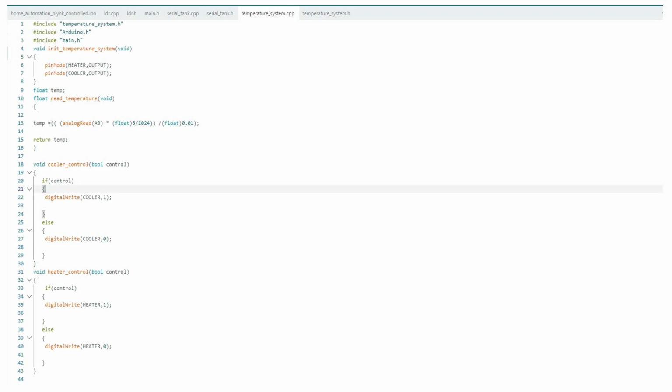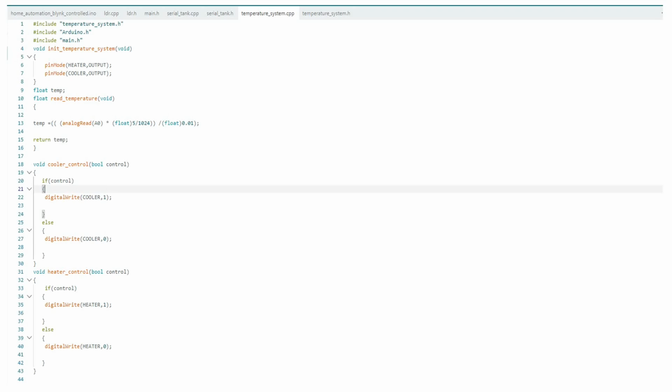Next, in the read temperature function, we read the analog value from the LM35 sensor using analogRead of A0. The formula used here is temperature equals analogRead of A0 times 5 divided by 1024. This converts the ADC value into voltage and then into temperature in degrees Celsius based on the LM35's 10 millivolt per